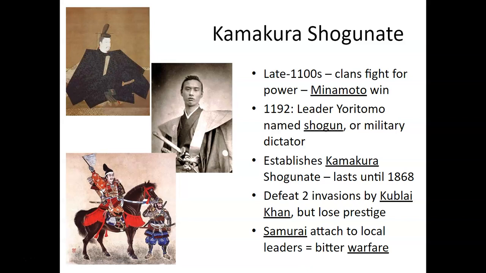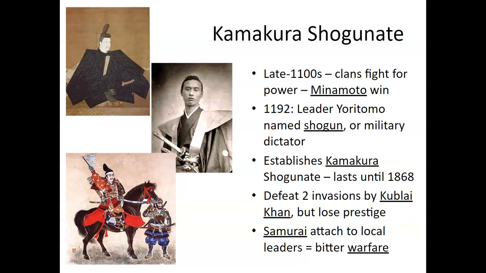So you're going to have this vying for power between the emperor and the shogun for a long period of time. And he establishes the Kamakura shogunate, and this shogunate's going to last until that vying for power erupts into a war between those that support the emperor and those that support the shogunate, and the imperial forces will win in 1868. And we'll talk about that much later in this course in chapter 19.